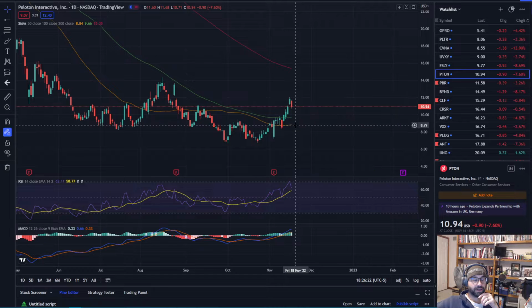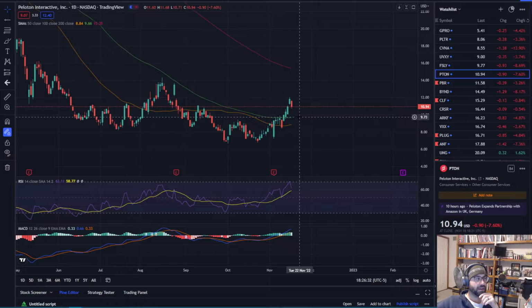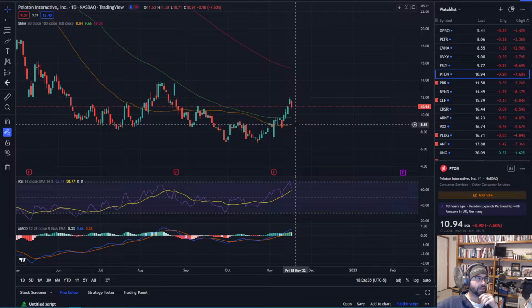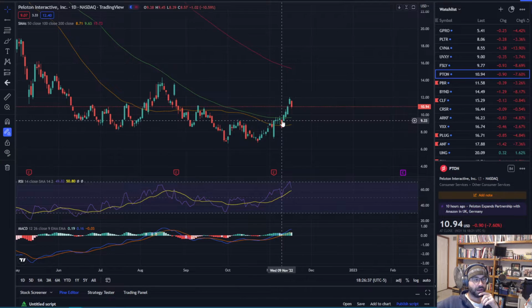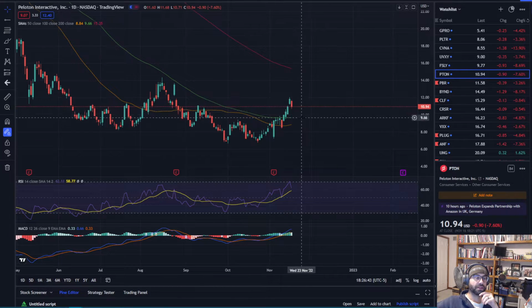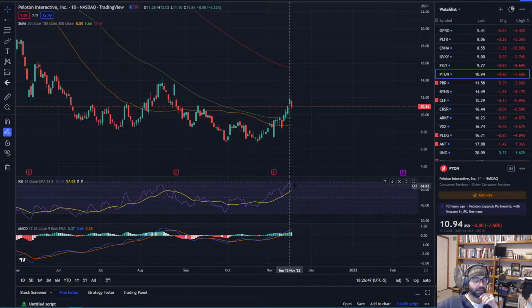That puts us right here at the SMA. So the thought process being is, yeah, we could come down here. Maybe the 50-day, no, that's the 100-day SMA is enough to hold it. If not, it might come down here to the 50-day, and that might hold it. If it stays up here for too much longer, we'll see the SMA start curling up, and then those will be better support. It is kind of up here high in RSI, and this is not a bad thing when